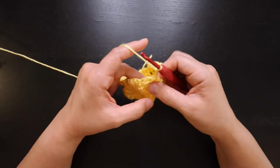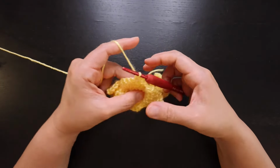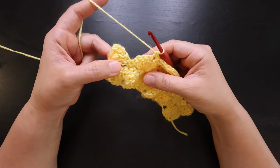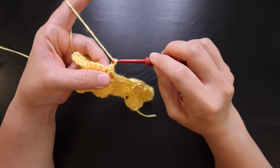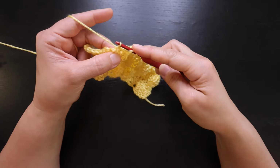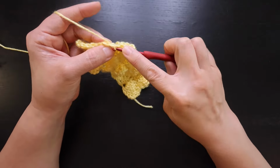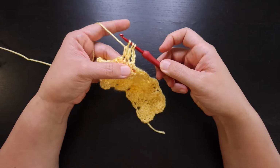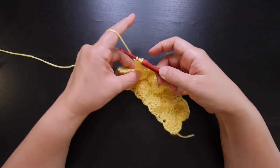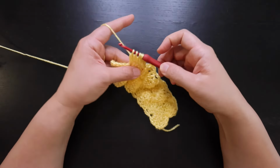1, 2, 3. Now single crochet into the next stitch in the previous row. We have one more valley to double crochet together, so let's wrap up this row. Chain 3, yarn over, insert your hook into the next stitch, yarn over, pull up, yarn over, pull through 2, yarn over, next stitch, yarn over, pull up, yarn over, pull through 2, yarn over, next stitch, yarn over, pull up, yarn over, pull through 2, yarn over, next stitch, yarn over, pull up, yarn over, pull through 2,